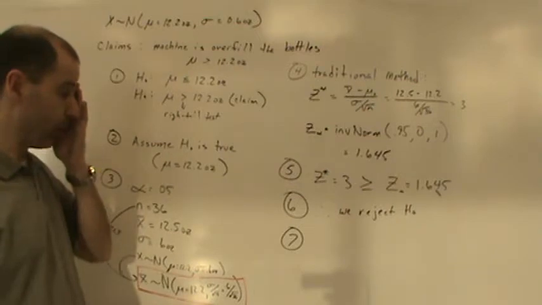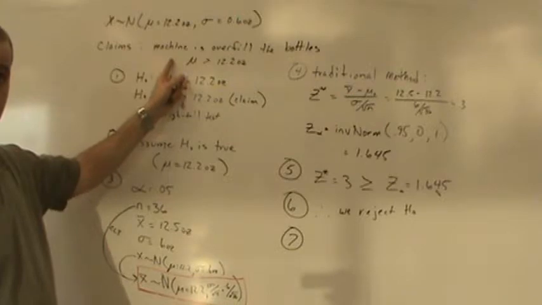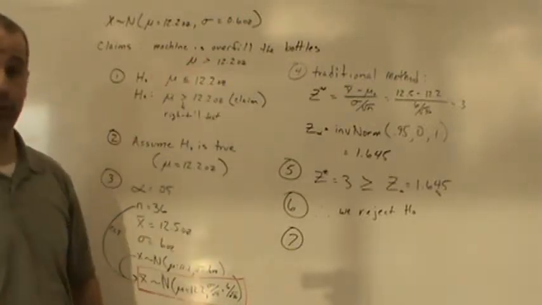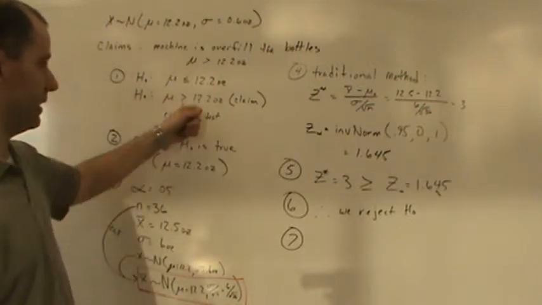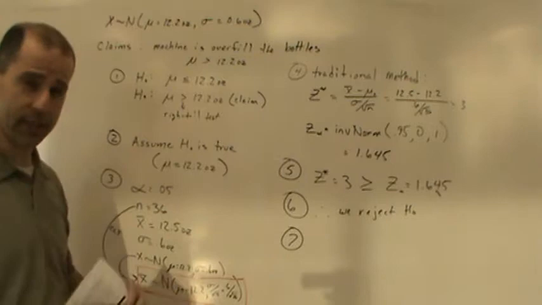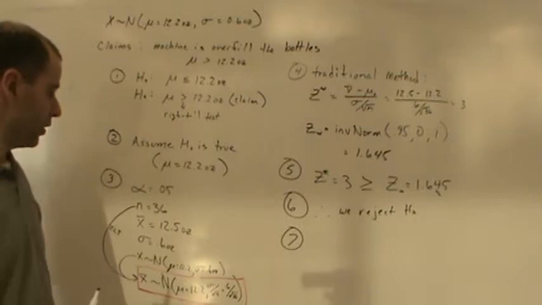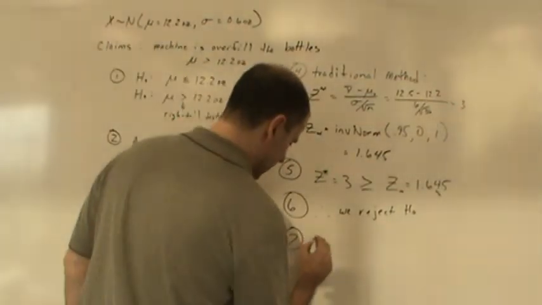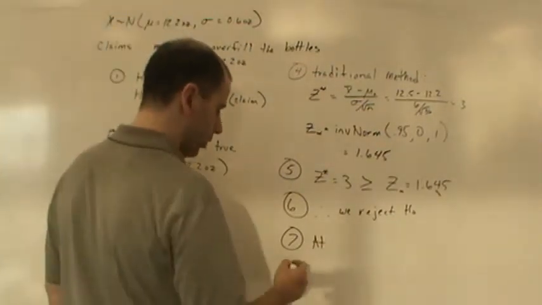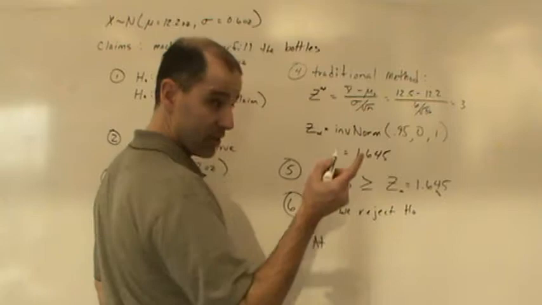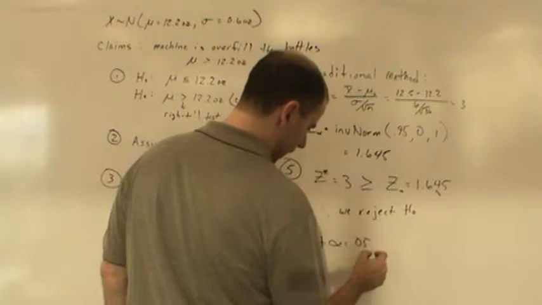That's it. Now the way we phrase this goes back to what the claim is. Right? The claim is that the machine is overfilling the bottles. So is there enough evidence to support that claim? The answer is yes, at an alpha level. So here's the key. We have to mention the alpha level. This is good only at a specific alpha level. So the way we would state this is at an alpha level, or a significance level, or you could say alpha equal to. So there's different ways you can phrase it. But at an alpha level equal to 0.05,